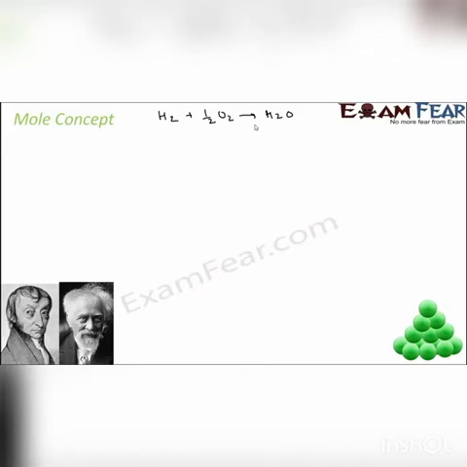Now, to validate this reaction in the lab, we have to weigh hydrogen, we have to find the weight of oxygen, and we have to find the weight of water. What do you think is the minimum amount you can weigh in the lab without using a very hi-fi instrument? It has to be in grams, right? You can measure 1 gram, 2 gram, or even milligram, but let's say gram is a standard value. So this way you can do in grams.